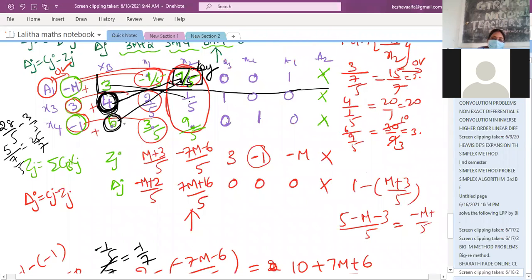The remaining two elements are in the key element column and key element row, that is 9 by 5 and 3. So start with the key element, 7 by 5 into 6 minus 3 into 9 by 5. How much? 42 by 5 minus